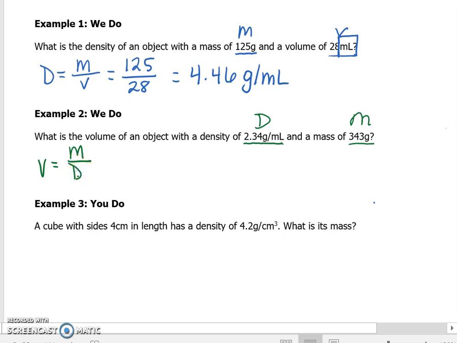So in order to do this problem, I'm going to do my math, which is 343 divided by density, which is 2.34. And I'm going to get out my calculator, and I'm going to do 343 divided by 2.34. And I get a volume of